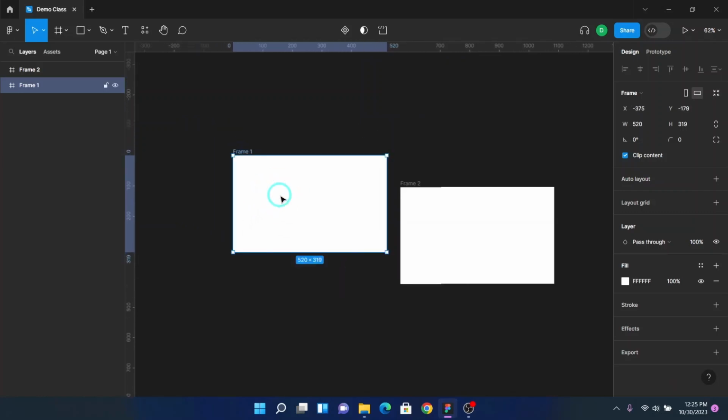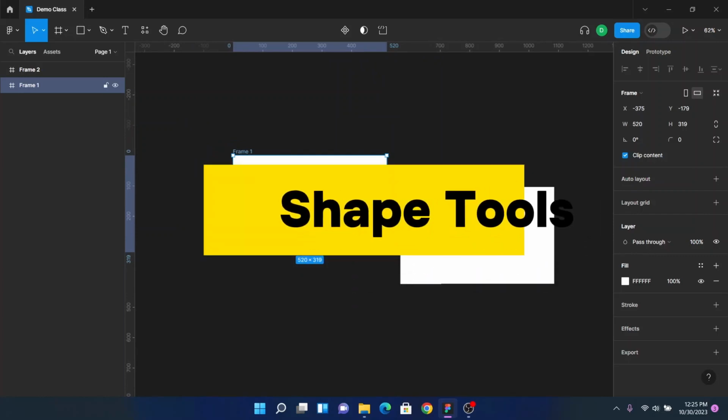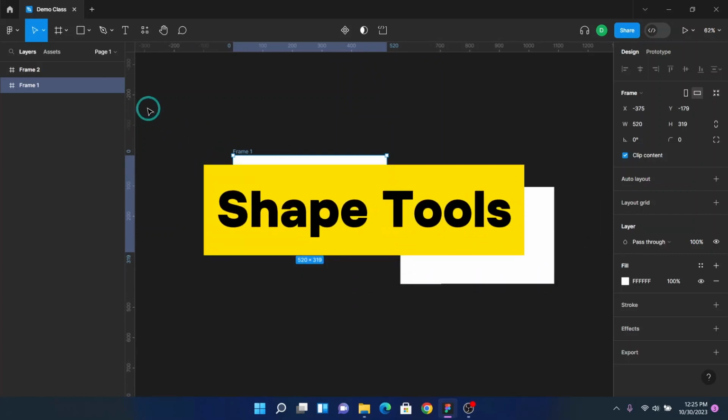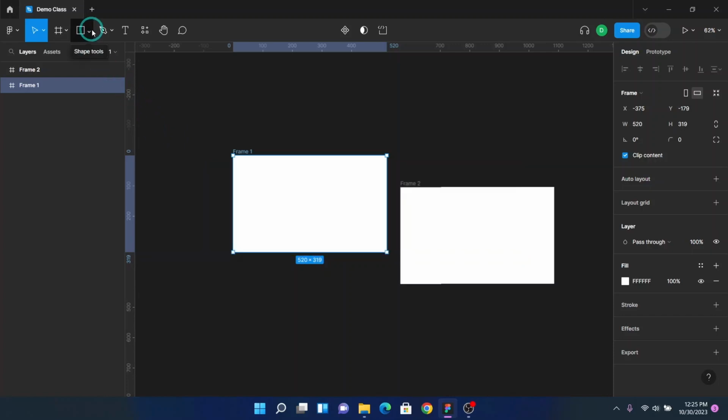All right, so now the second tools you want to look at are the shape tools. Right, the shape tools, you use them to create shapes. So you have the rectangle, you have the ellipse. To activate that, they have multiple shortcuts, but when you look at the top here,